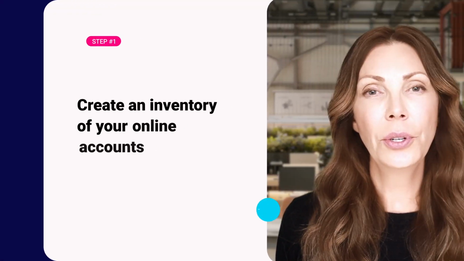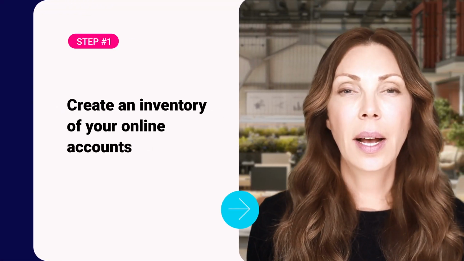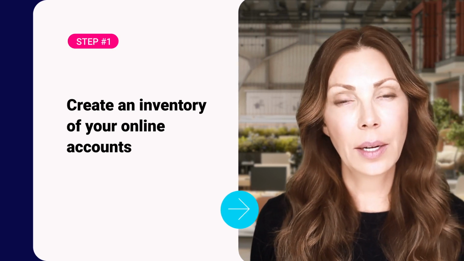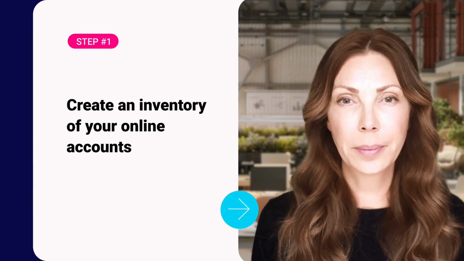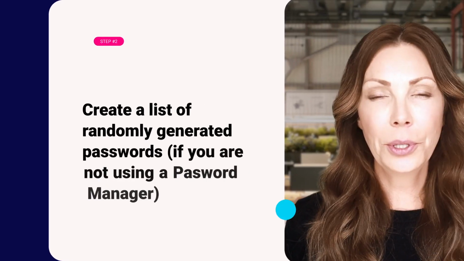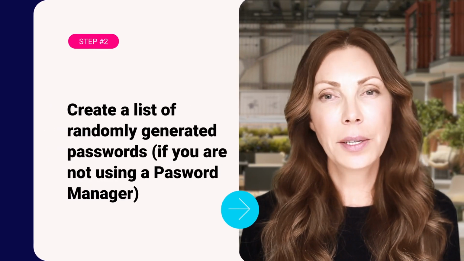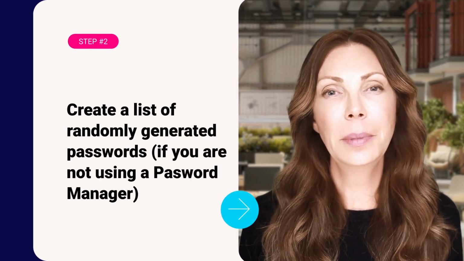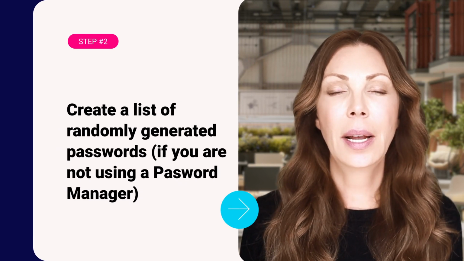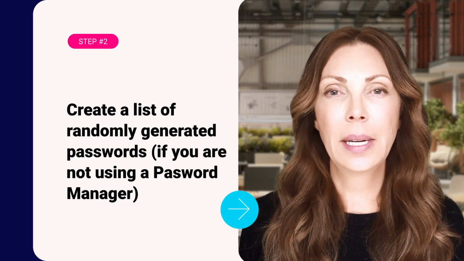Step 1: Create an inventory of your online accounts. I've included a link to the online account tracker in the show notes. Step number 2, create a list of strong passwords to use. These should be randomly generated passwords. And in the show notes, you'll find links to websites that can help you generate them.